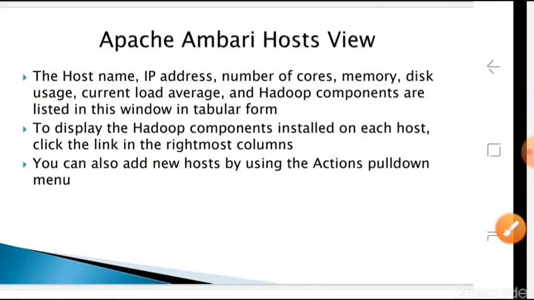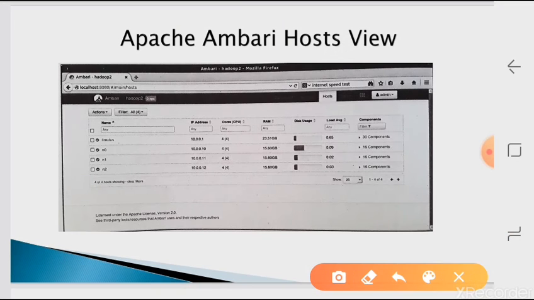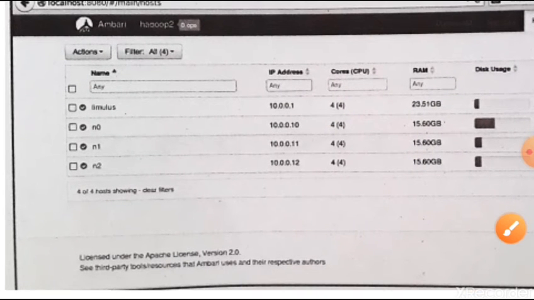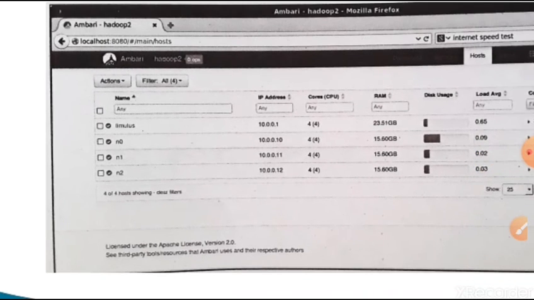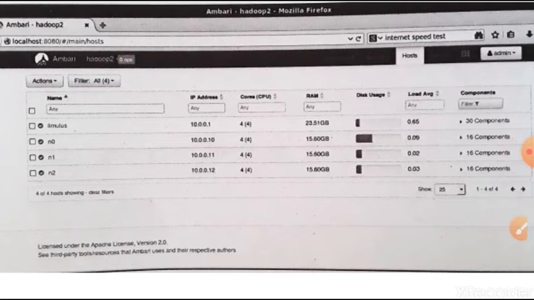Now if we click on host, it will display how many hosts are there. Consider this, here we have 4 hosts, so 4 hosts' information is displayed. By default one will be there, that is nothing but Limus. Then after that you will have N1, N2, N3, like that nodes. You can rename these also. Then the corresponding IP address and number of cores. Each has 4 cores here,